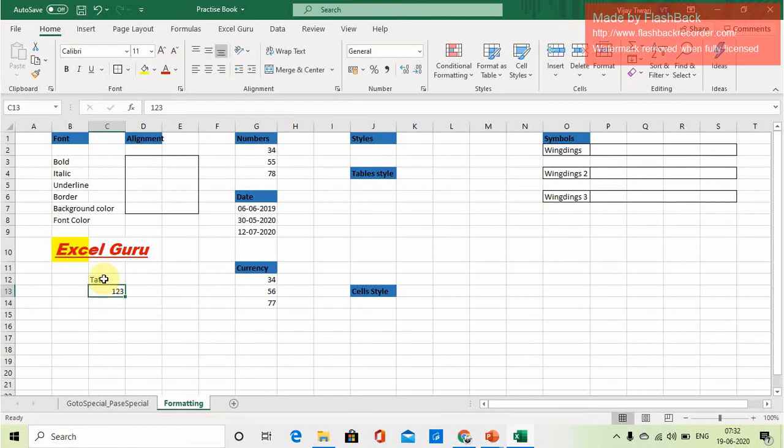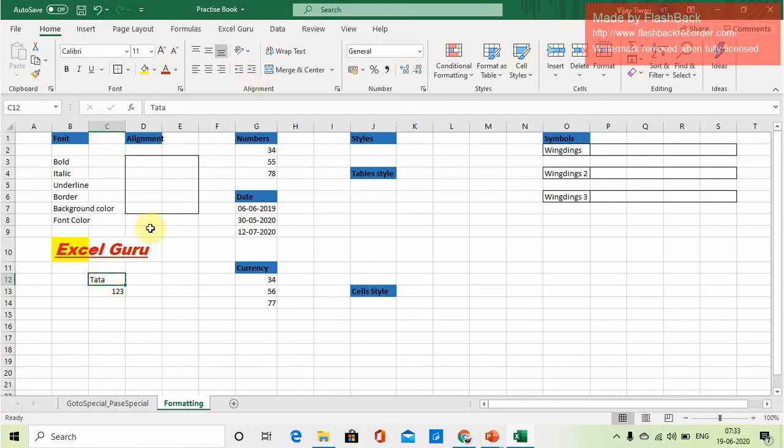In this particular cell, the text is left aligned and 1 2 3 is right aligned. Why? Because by default, this is the nature of a cell: any number always gets right aligned and any text gets left aligned, unless you manually change the alignment.